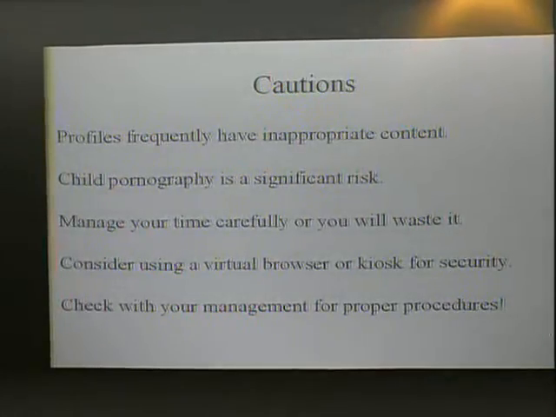Suggestions would include using something like a virtual browser: start it up, do the investigation work, and when you close it down, you throw it away. Or, I was having a conversation this morning, a separate machine in a separate cubicle, only used for investigations. Maybe it's periodically re-imaged just for safety's sake. But separate this kind of web surfing from normal work-oriented web surfing, because this is a walk on the wild side. From a corporate computing perspective, this is not